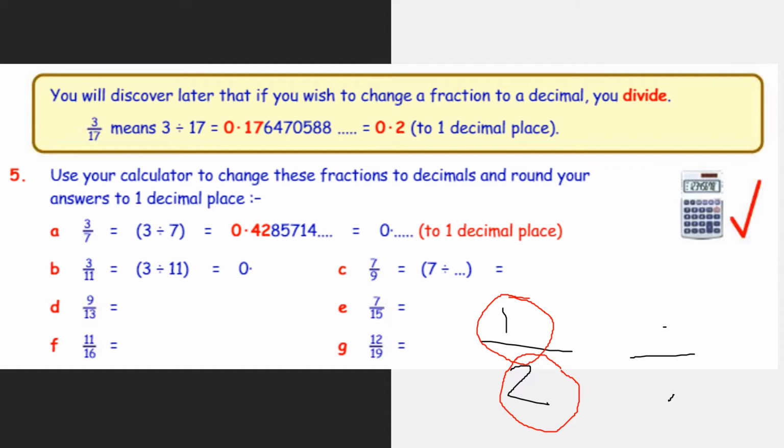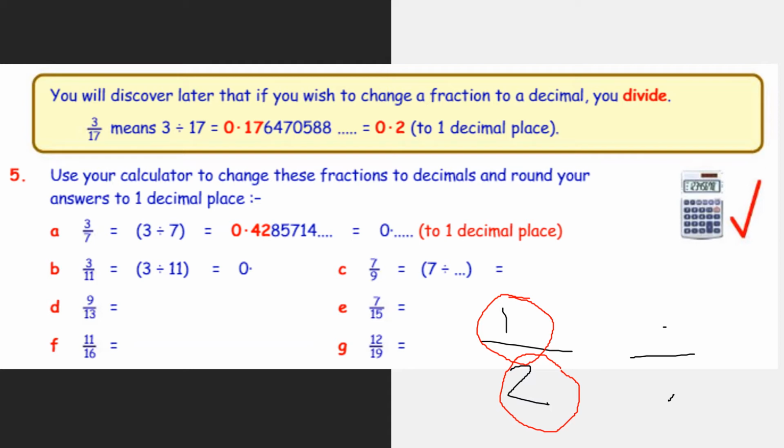Now we want to do this to our first decimal place, which would make it 0.2, which is all things that we've done before. And if you remember, we can think about this as pounds and pence. No pounds and 17 pence. Well, we're rounding that to the nearest 10. No pounds and 20 pence. So 5a